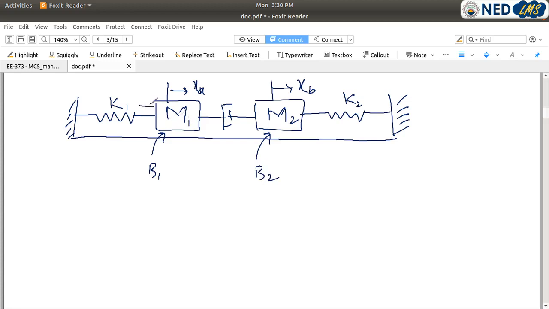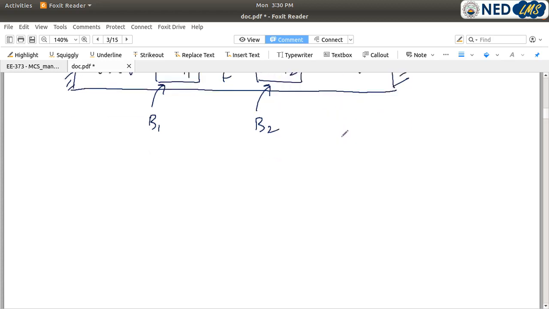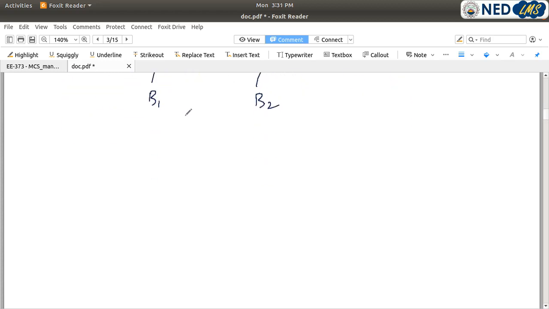Now here we are applying force on mass M1, which represents node XA. As we have discussed in the theory of this course, we can develop an equivalent network which helps us in writing a mathematical equation at nodes. So I am writing the equation of motion at both nodes XA and XB directly. The equation of motion at node XA is